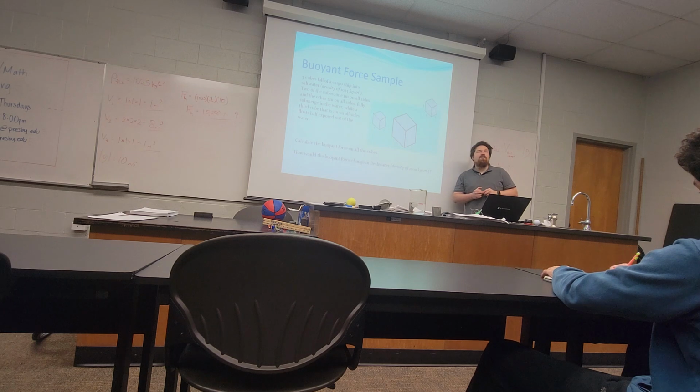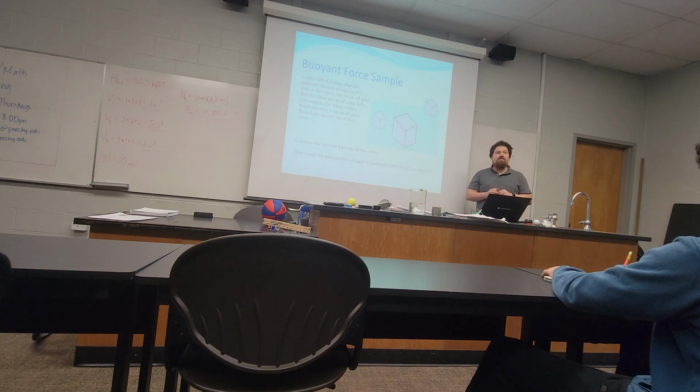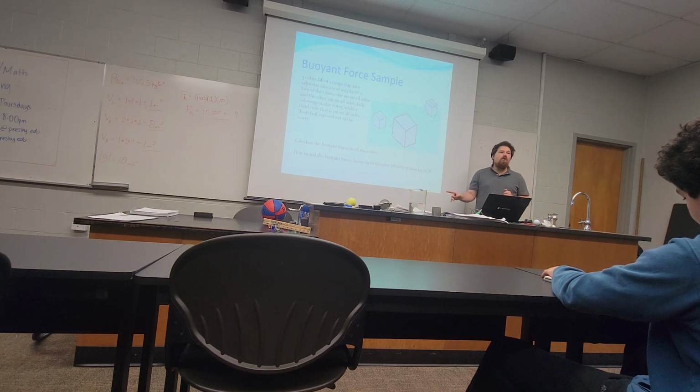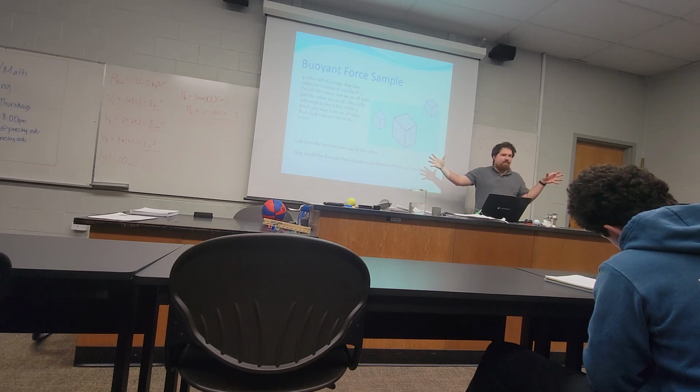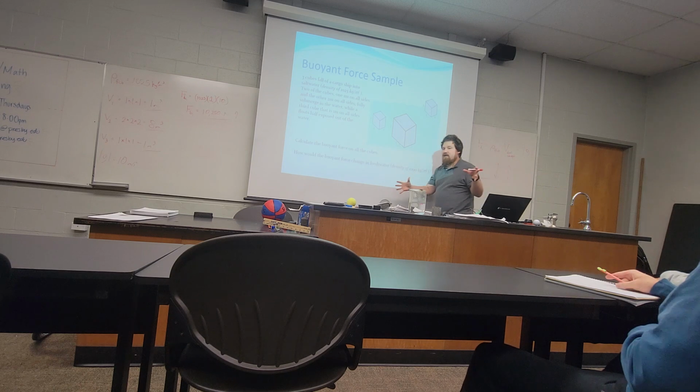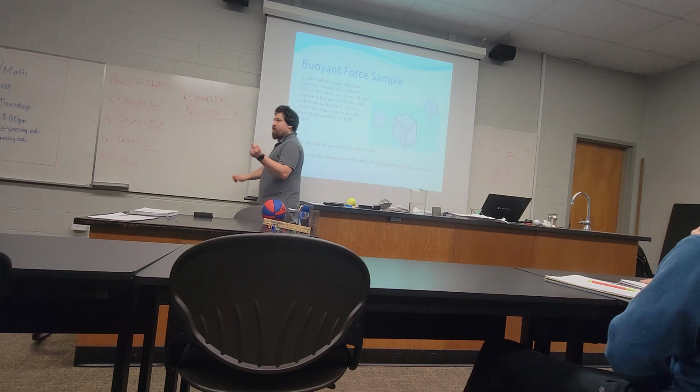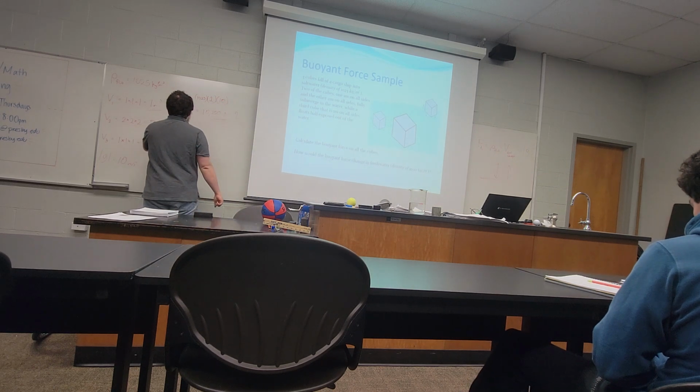Keep in mind, 1 meter cubed is a lot of volume, which would have a lot of surface area. So there's a lot of flat faces on that particular cube for the water to exert force on. The bigger the item, usually the bigger the buoyant force, because it takes up more space, and that means it pushes more water out of the way. To demonstrate, let's now calculate the buoyant force on object 2.